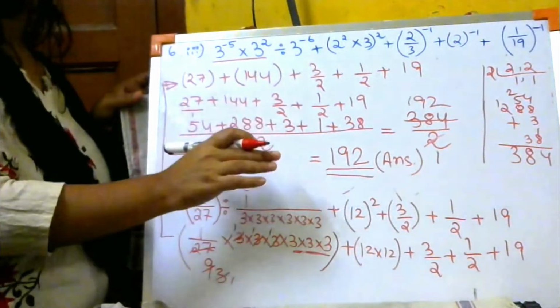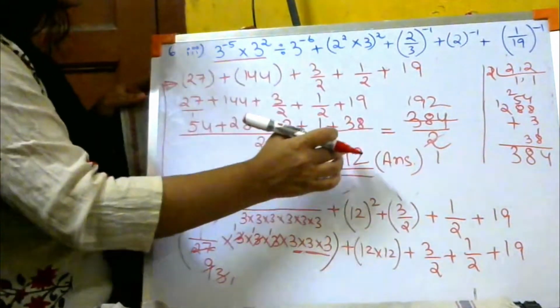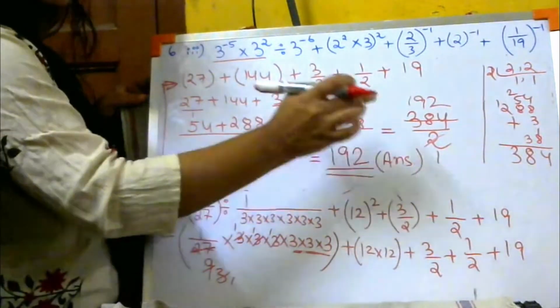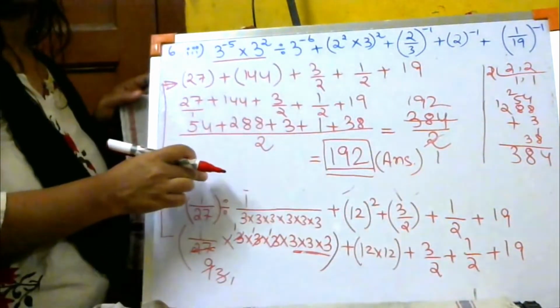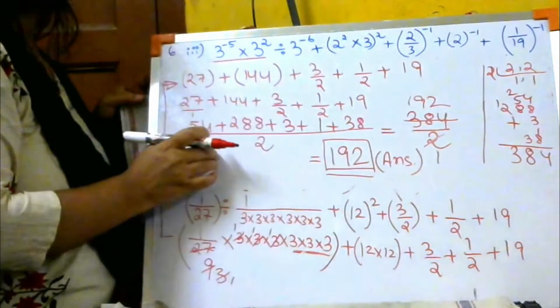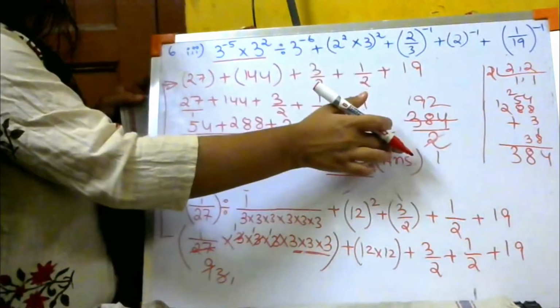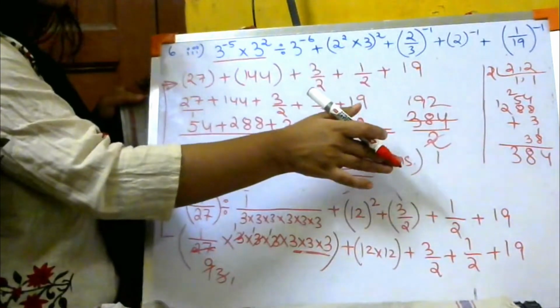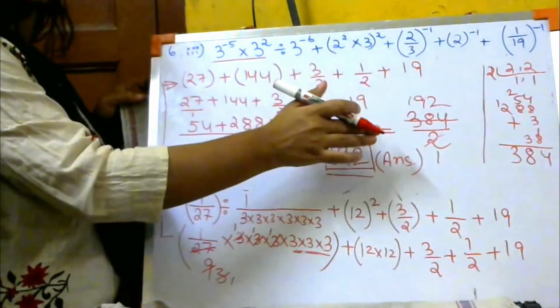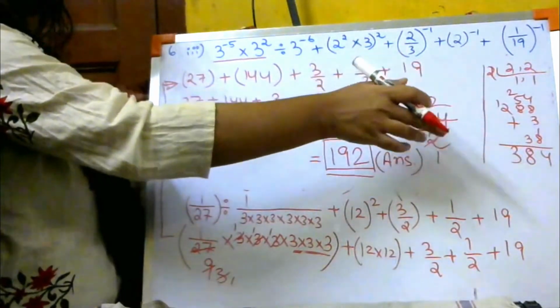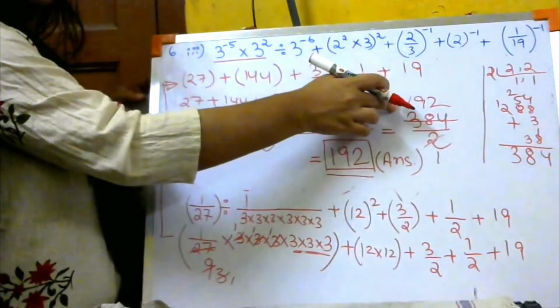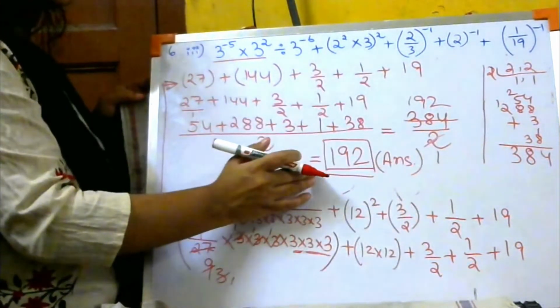Okay? The teacher will not hunt down your answer. You are going to mention that this is my answer. If you want, you can keep this in a box also. 192 in a box also you can keep. So 192 is your answer. Look, I know it nicely. The tables are strong for me, so I know this is 192. If you do not know, do division in rough, divide 384 by 2. You are going to get 192. Clear? So my answer is 192 over here.